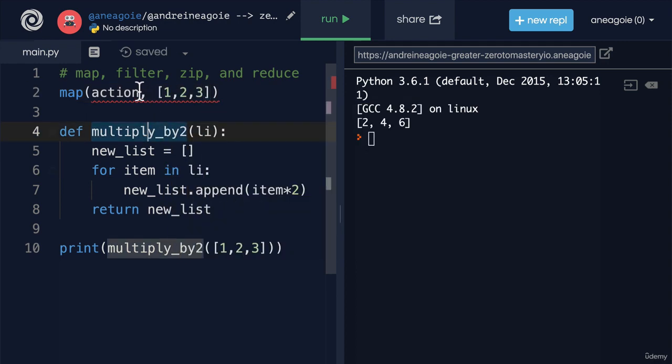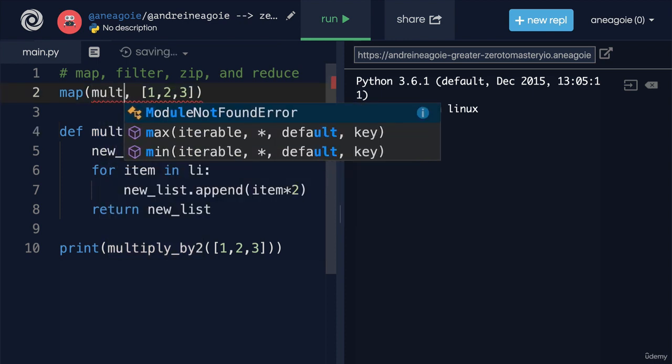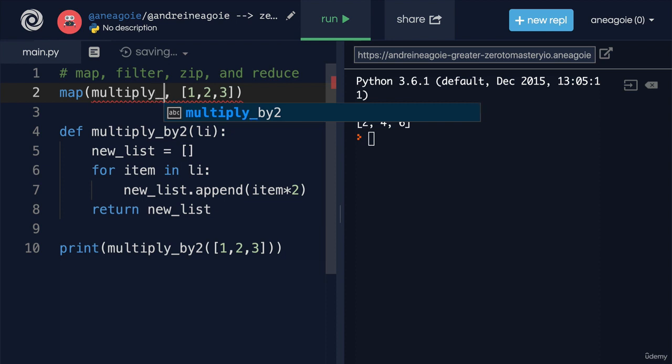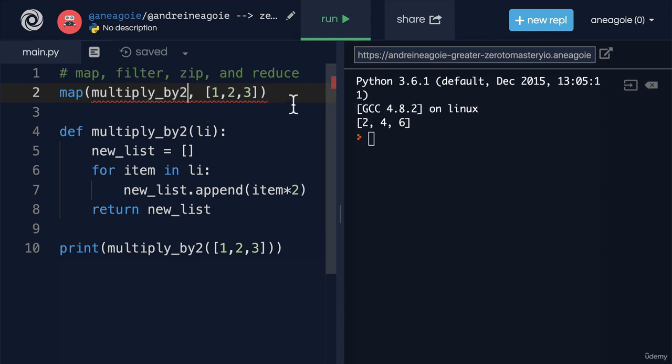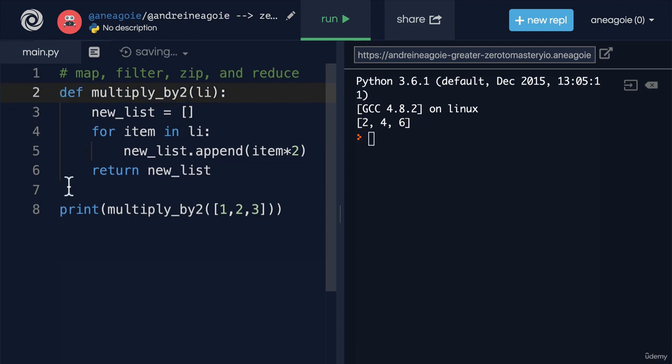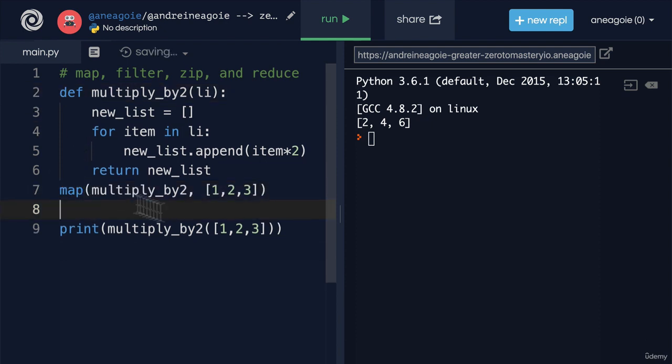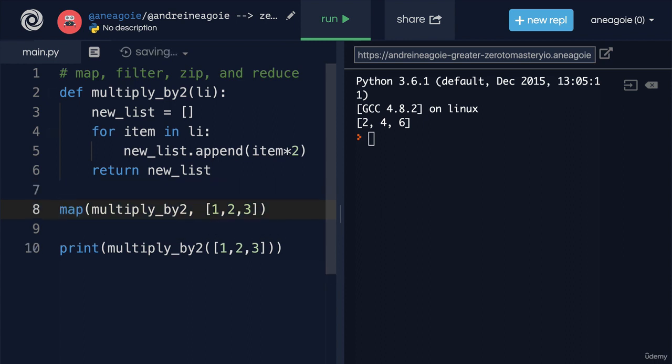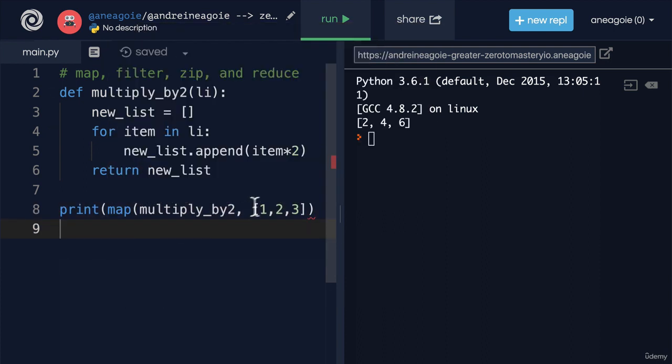So what action do we want to take on 1, 2, 3? Well, we want to multiply by 2. So let's say multiply by 2. Now, I have to move this down because we have to define the function first and run it like this. So instead of printing this, let's do print like this. If I run it,